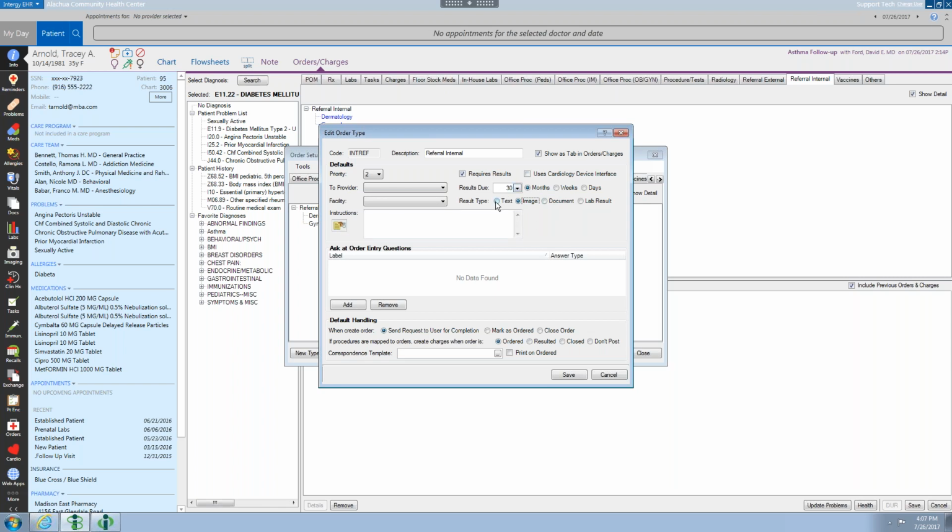Text allows me to result something in type. A document is very similar to an image. Lab results, I'm expecting an actual lab result to come back. Now, instructions